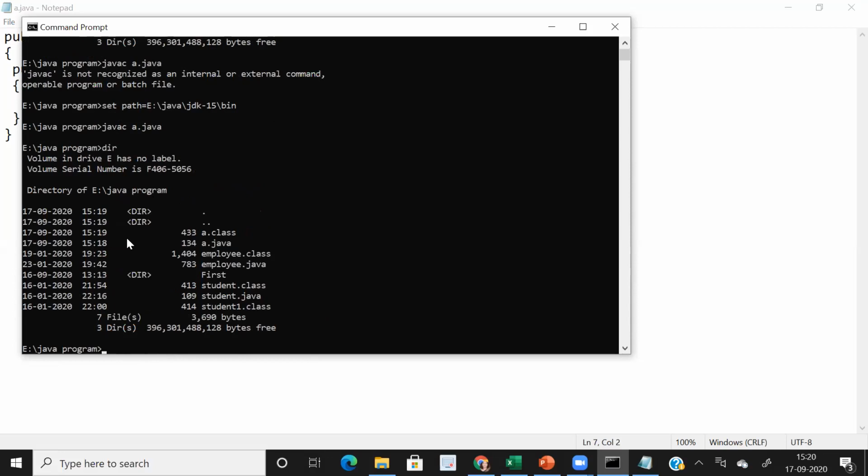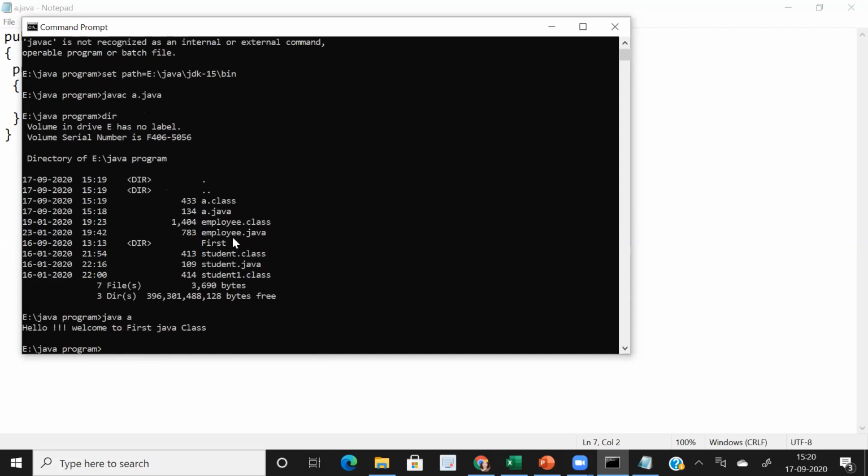Now see, when you type the dir command, this a.class file has been created. This a.class file is bytecode. Now I want to execute this bytecode according to my computer architecture. So I will say Java A. As soon as I press enter, it will display the message which I had given in this program: Hello, welcome to first Java class.